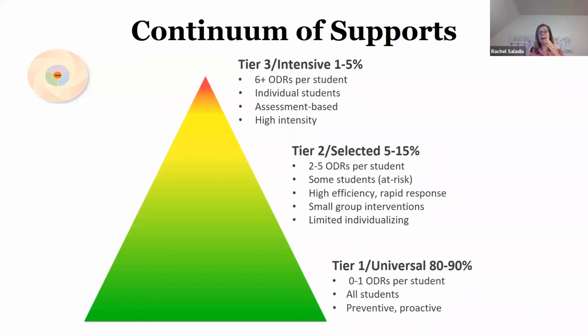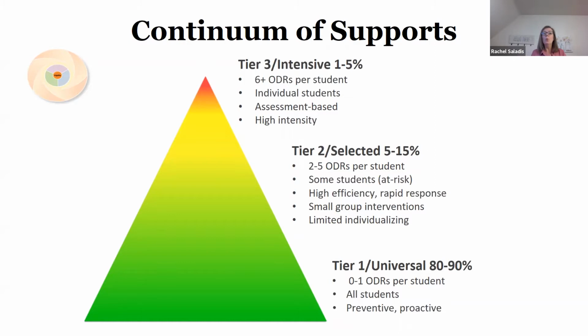Now, as you move up that triangle from Tier 1 to Tier 2 to Tier 3, things get more intensive. It takes a strong continuum to be able to support students at that top tier. It takes more behavioral expertise to implement things at Tier 3. It takes greater coaching for those that are implementing because the work is hard. It takes a higher degree of district planning and support because that's where that time, that precious resource of time, is going to come in.